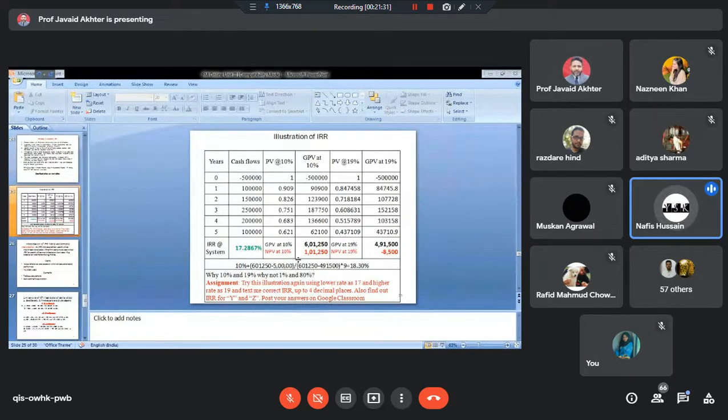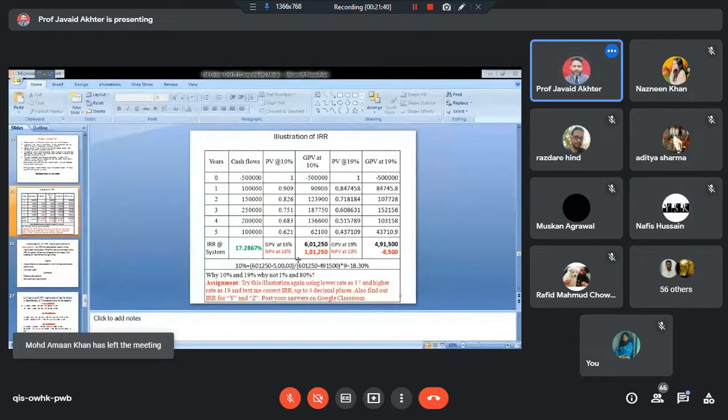As you have taught us safety margin in break-even analysis, can we call IRR the safety margin for investment purposes? For investment purposes, it cannot be called safety margin. It can be called break-even. Safety margin will be any rate which is beyond IRR. See, IRR now becomes a reference rate. 18.3% is a reference. Below this is the cost at which you are borrowing funds. So below this, there is a positive safety margin. Above this, there is a negative safety margin.